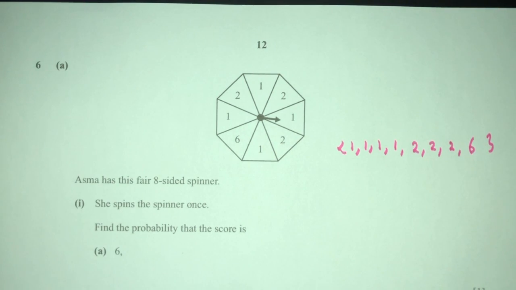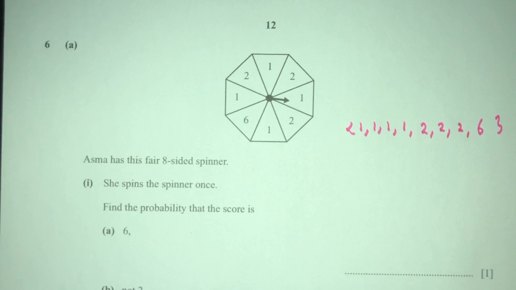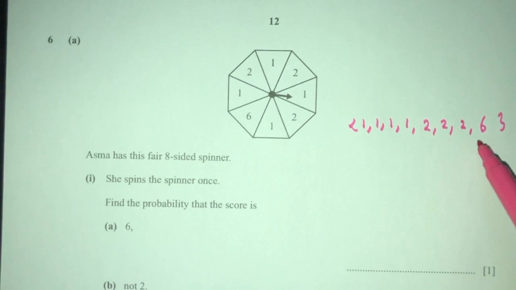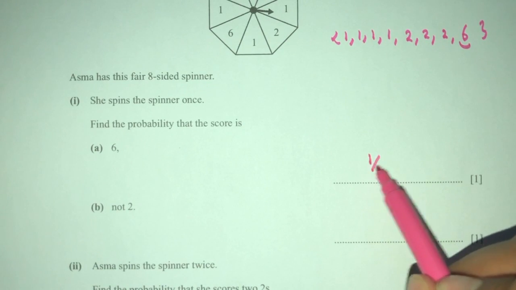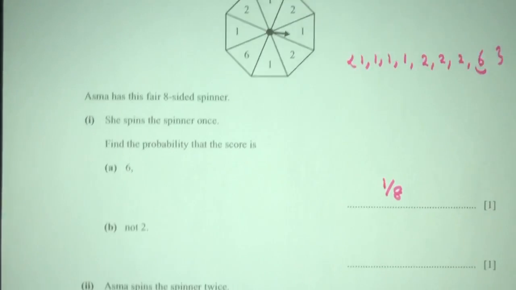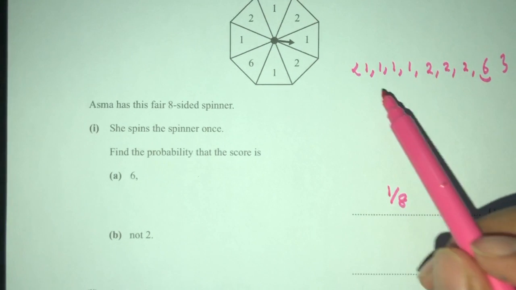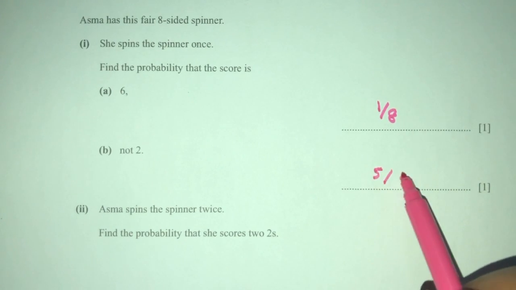Now, she spins the spinner once, only one time. We have to find the chance the score is 6. So for the score to be 6, as you can see from the 8 available outcomes, we have only 1 six. So that will be 1 over 8. It is not a 2. In these possible outcomes, we have 1, 2, 3, 4, 5 numbers which are not 2, so 5 over 8,